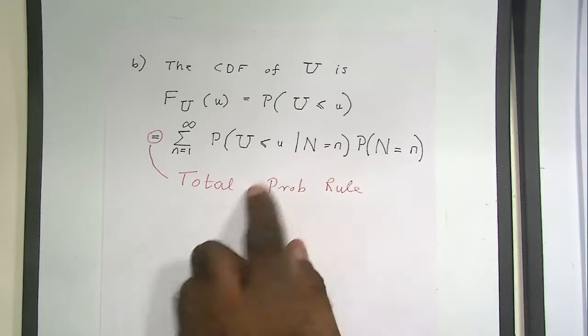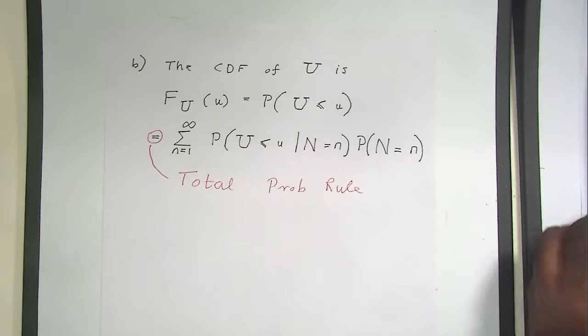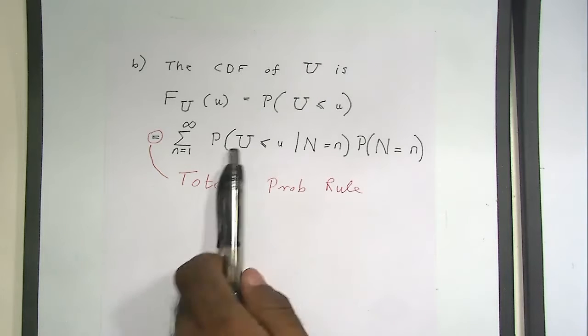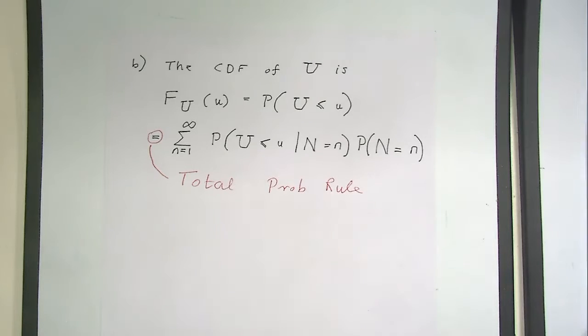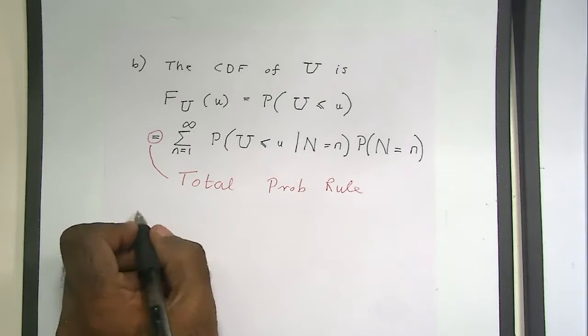Okay, once again, the conditional probability here is equal to what we did earlier. That's this one here. Remember this one. This is the CDF of U when n is fixed, and we got this expression here. Okay. So what I'm going to do is I'm going to replace the conditional probability by this expression, right? So you will get